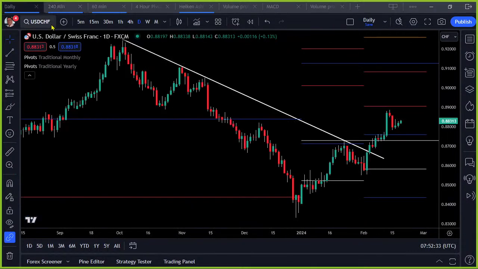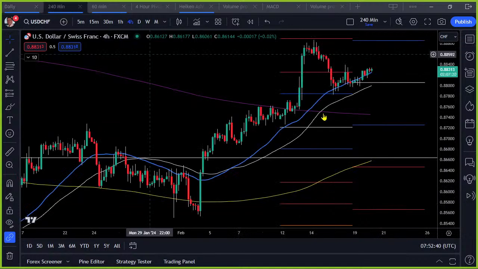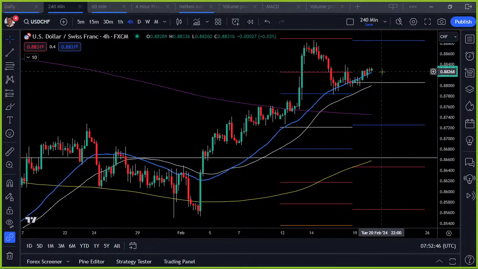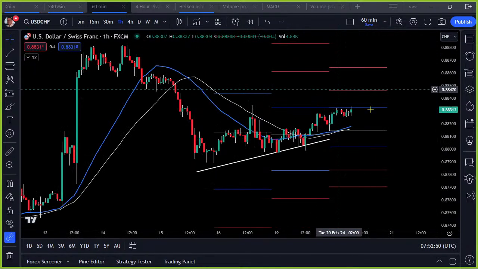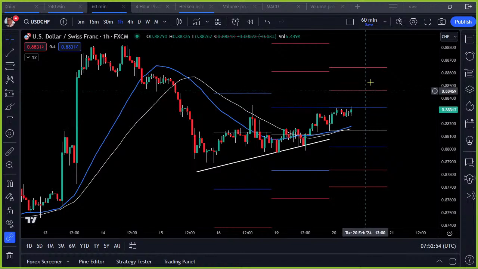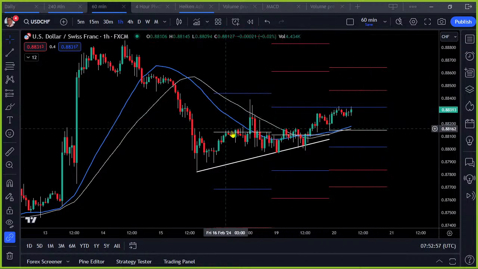US dollar Swissy this morning, well, again we've got one of these pennant patterns sort of starting to appear here. It's a bit of an uglyish one. I would expect further upside on this. It's tricky, crawling its way up there at the moment. Pretty ugly a couple of days ago there.